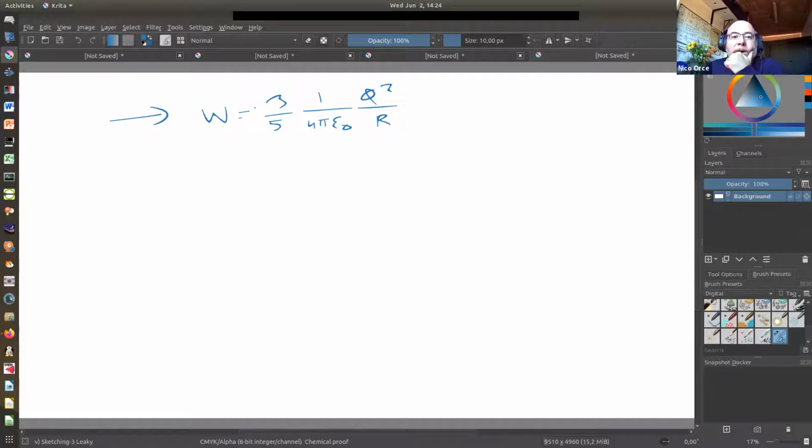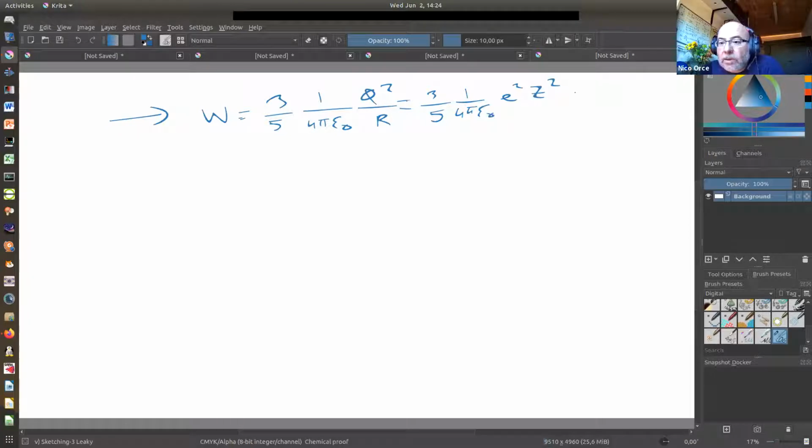Okay. This q square obviously is equal to 3/5 of 1/4 pi epsilon naught times Z square. Okay. So we can actually determine what is the